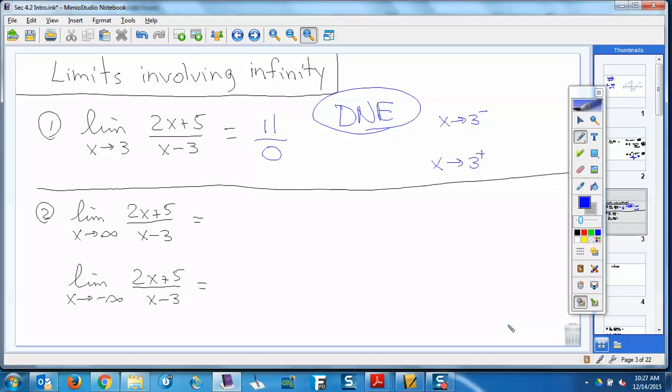Not very helpful. We're going to have to get closer than that, right? So what would be closer than that to the left of 3? 2.99999 would be good. Now you say, well, that's hard to plug in without a calculator. Actually, it's not. Because let's think about that. 2.99999 is almost 3. When you take 2.99999 times 2, what do you get? Almost 6. Right? I mean, think about it. We're talking about a little smaller than 3. You take that times 2, you're going to get a little smaller than 6. Little smaller than 6 plus 5 is